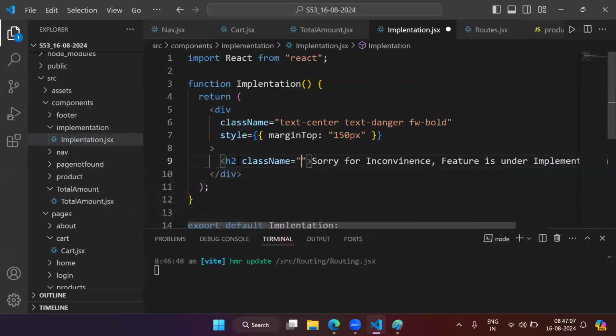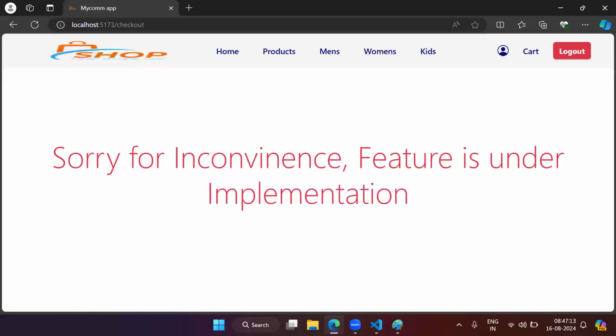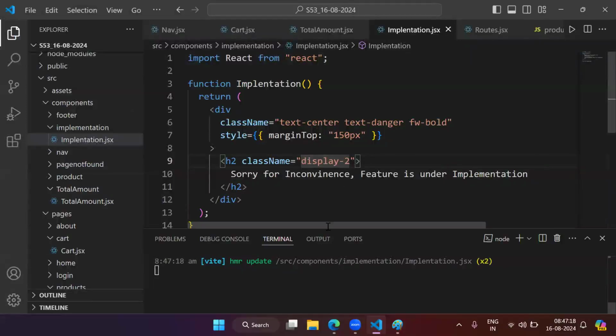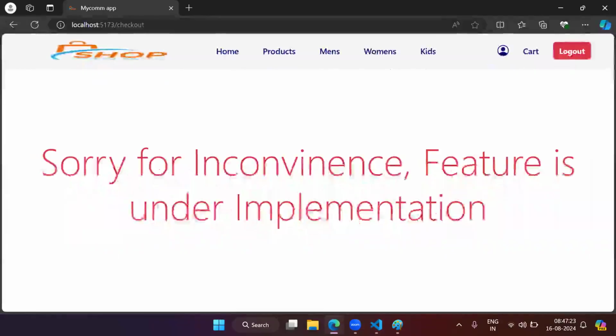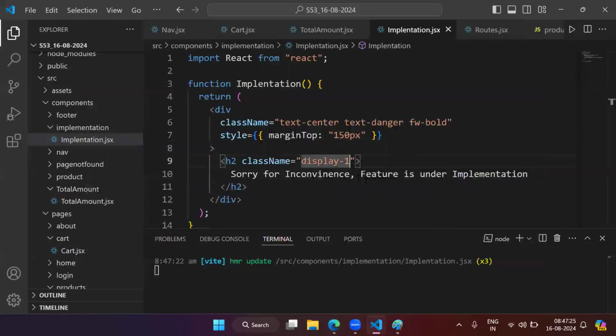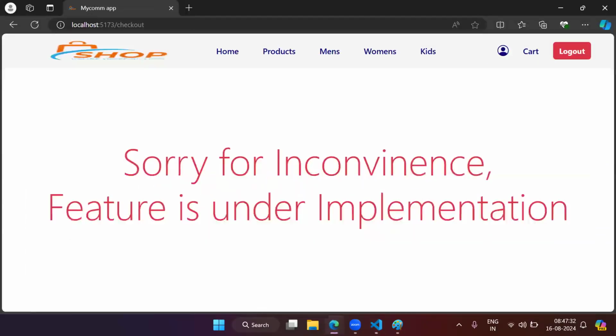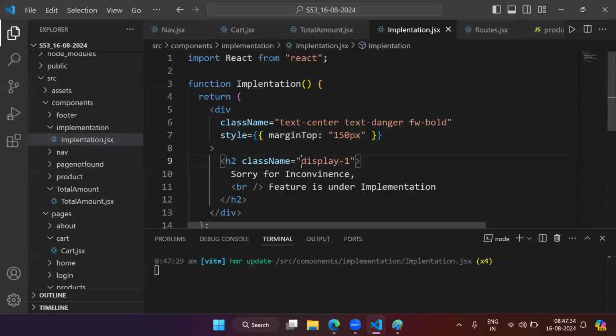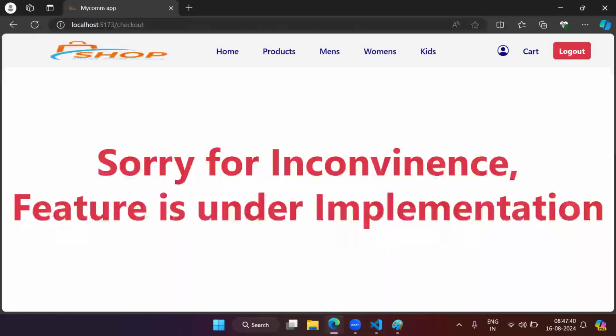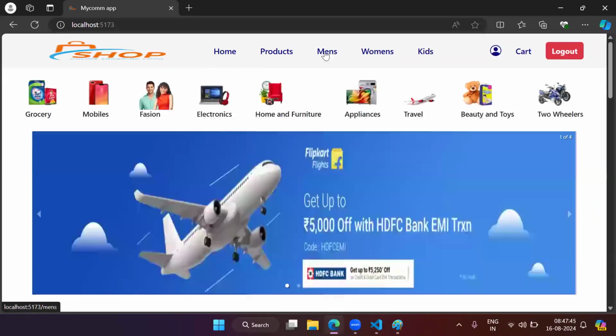And class display 3. So it looks maybe display 4, 2, 1. Okay, we can just add one break statement here. Here we can add font weight bold, something like this. Okay. So now whenever you are in home, if you click on men's,